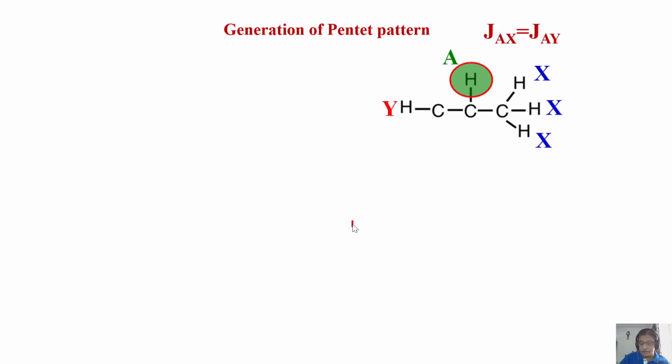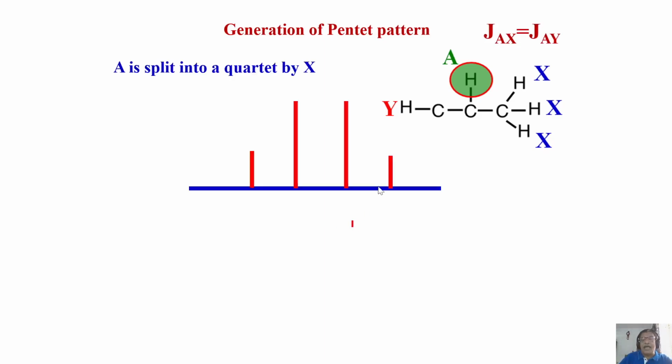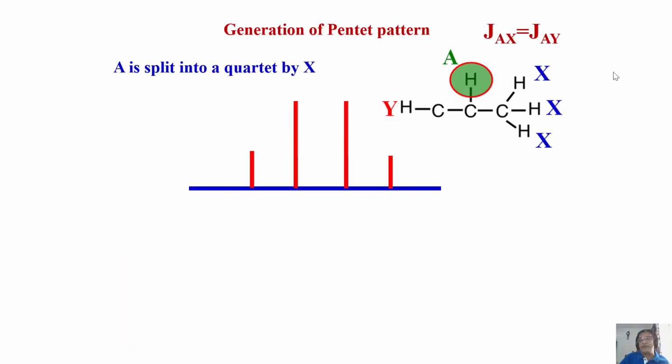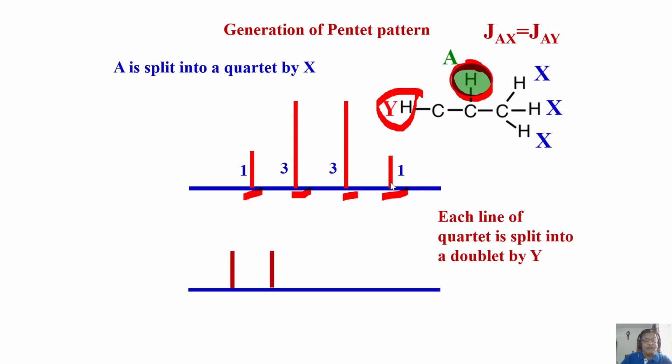First, A is going to split into a quartet because of CH3. That I have already explained to you. I don't have to repeat that. So 1331 intensity, it is a quartet. When A is coupled to CH3 it is a quartet. Now this CH2 is coupled to this also. That means each line has to be a doublet. Each line. So now we will work out. Intensity 1331. Each will be a doublet. This will be a doublet.